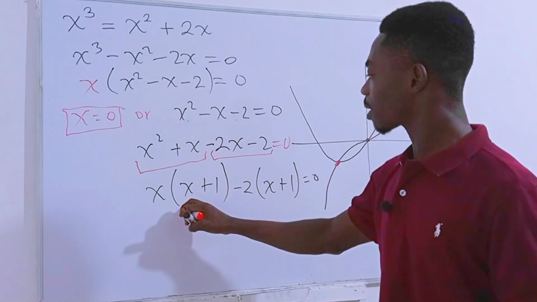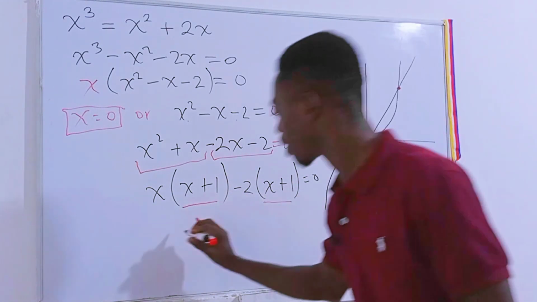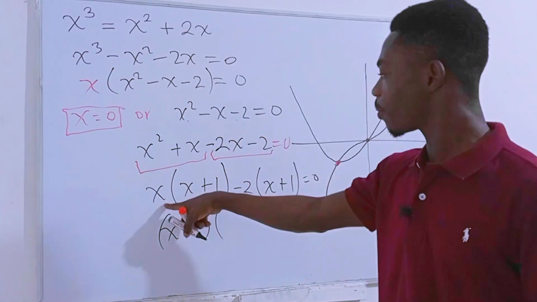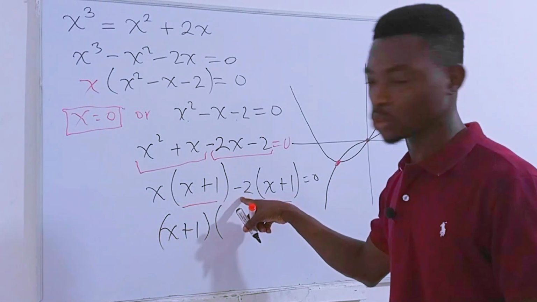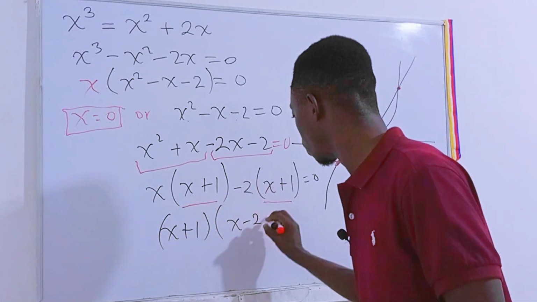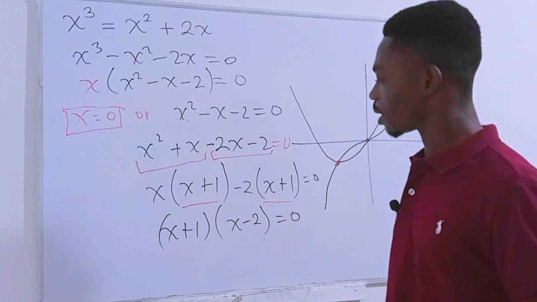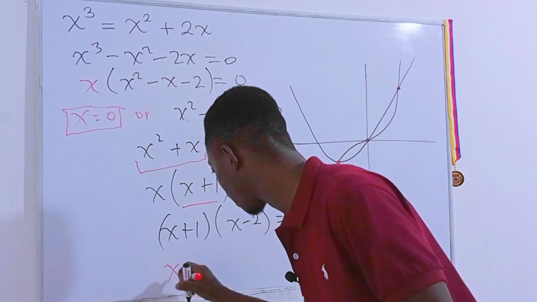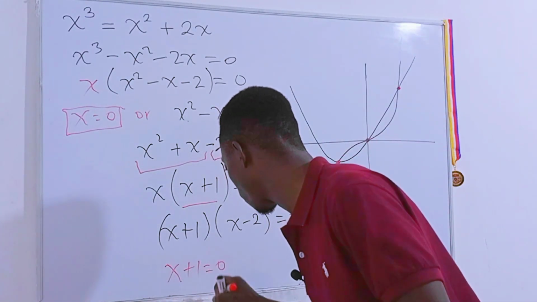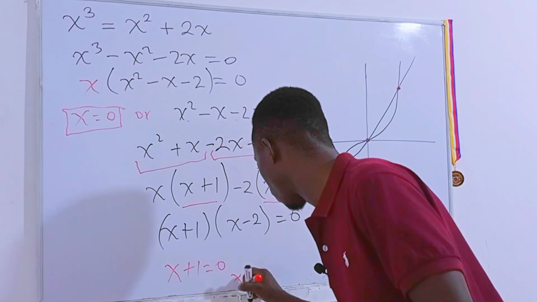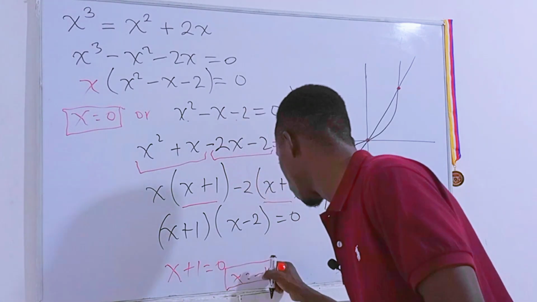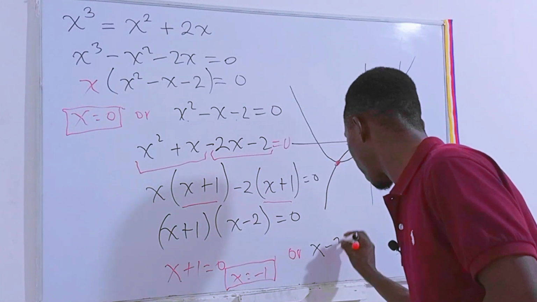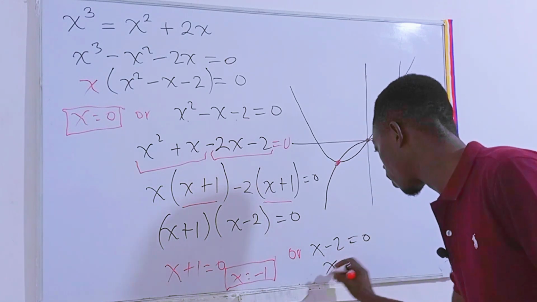In fact, x plus 1 is common, so we can just take it out. We have x plus 1 like this. Then here we'll be left with x, and this side is negative 2. So we will have x minus 2, and this is equal to 0. Of course, we can still form two equations out of this. The first one is going to be x plus 1 is equal to 0, which implies that x is equal to negative 1 as one of the solutions. Then right from here, we will also have x minus 2 is equal to 0, which also implies that x